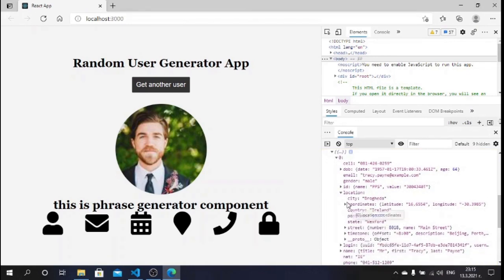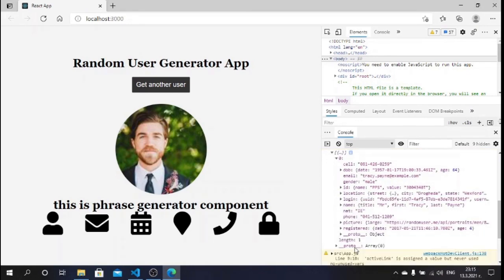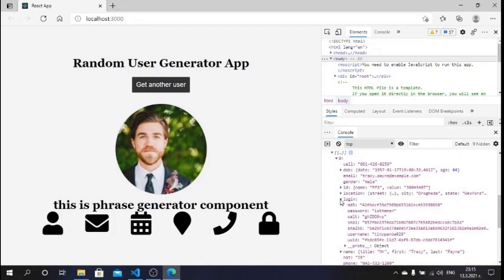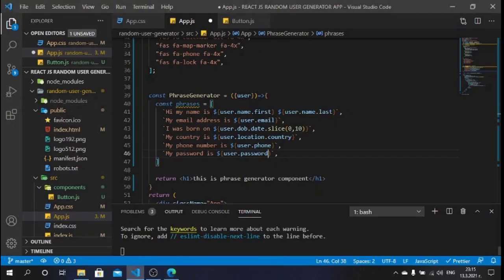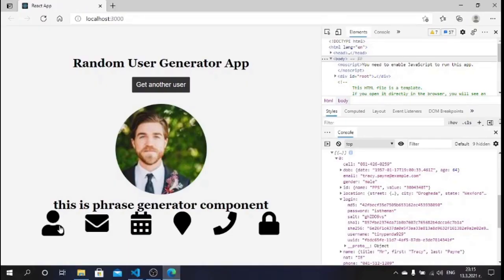We have password somewhere. Okay, so it's under login, I believe. Yeah, it's under login. So we can say user.login.password. Okay, now that we have created this array, what we need now is the logic for the active link. So whenever we hover over the links, this needs to change. So to do that,